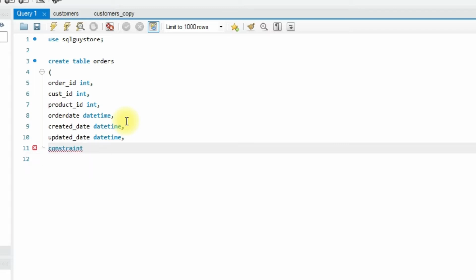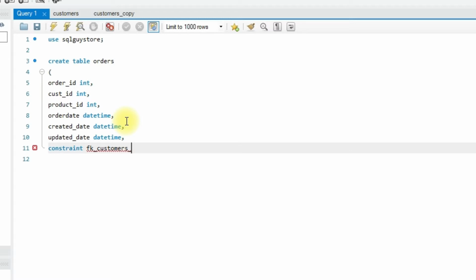So begin with constraint and the constraint name. So give some meaningful name here. So I'm going to give fk underscore. So the primary key is present in the customers table, fk underscore customers underscore.